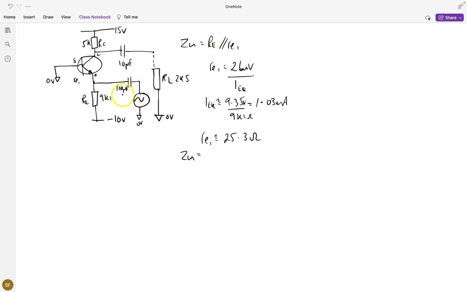And if we take 9K1 in parallel with 25.3, then we get approximately 24.96 ohms, call it 25 ohms. So we've got an input impedance that this source sees of approximately 25 ohms, which is kind of what we'd expect. It's a common base amp. We're hoping to see very low input impedance,